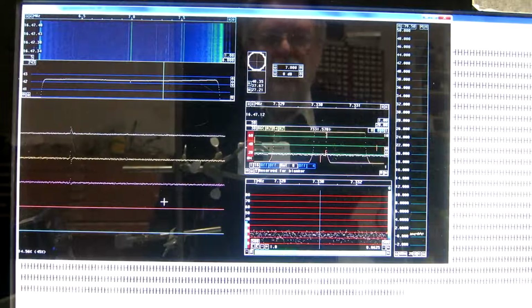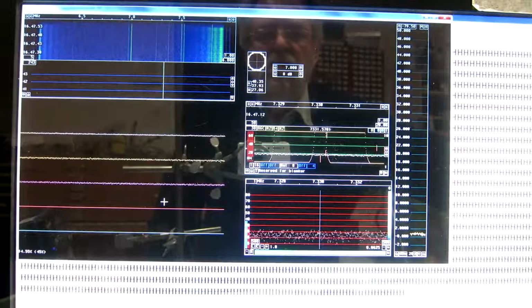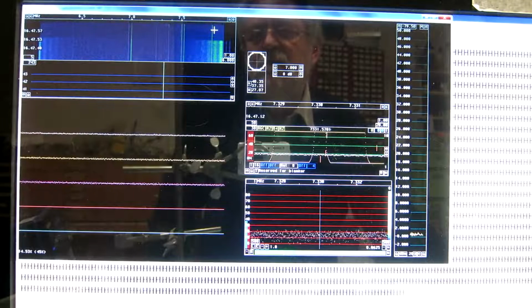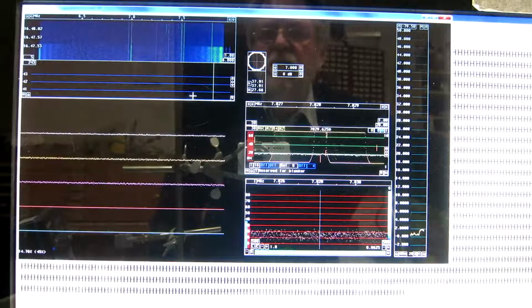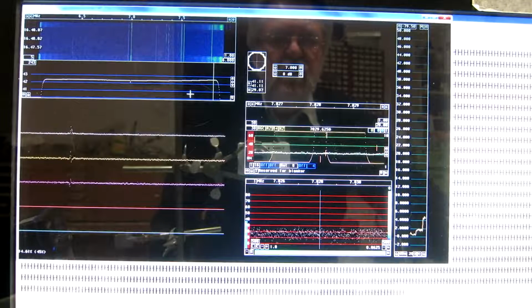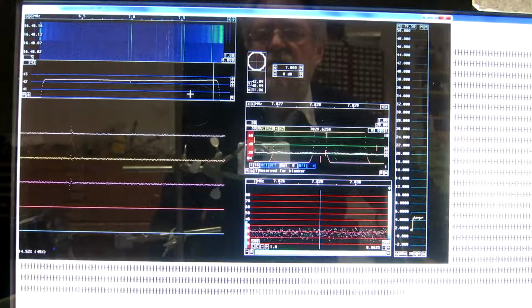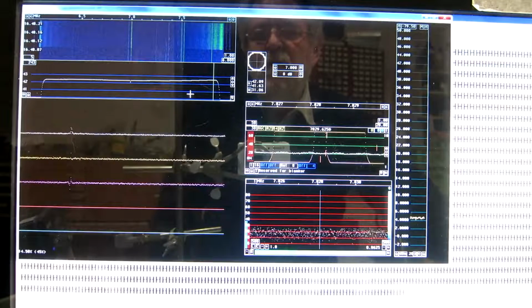I switch off the pulse generator, and you don't see any difference on the S meter. If I go up here where it is worst and switch on the pulse generator, you can see I have lost 2 dB in signal to noise ratio with this fairly brutal interference. Now I will calibrate